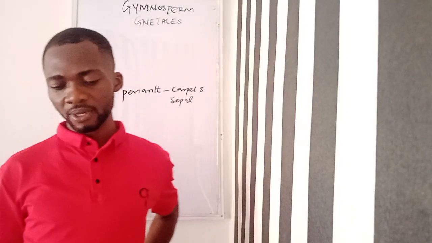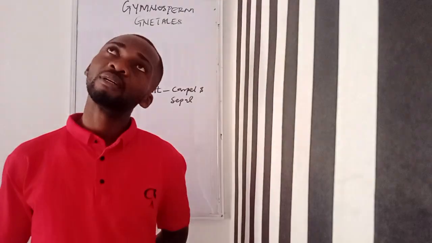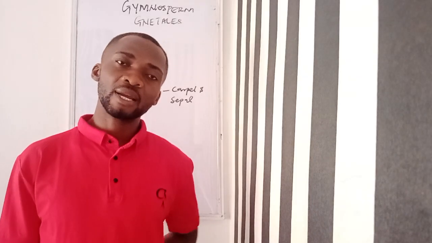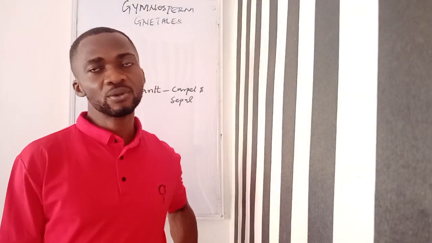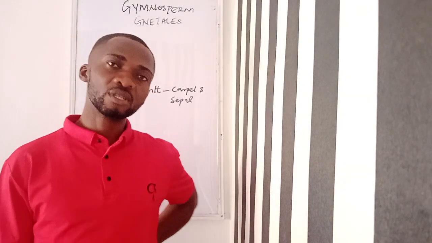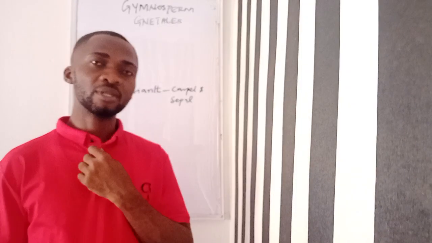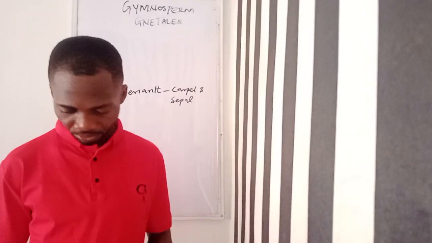The ovule of Gnetum is surrounded by two integuments. This is very important. Remember we mentioned the integument or the seed coat in gymnosperm, and that seed coat is what covers the ovule. So in angiosperm, you also see seed coats, but these integuments are two, unlike in the case of gymnosperm, where there is one.